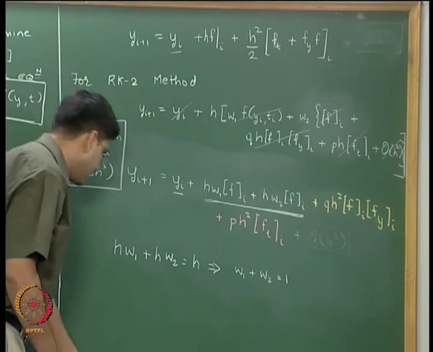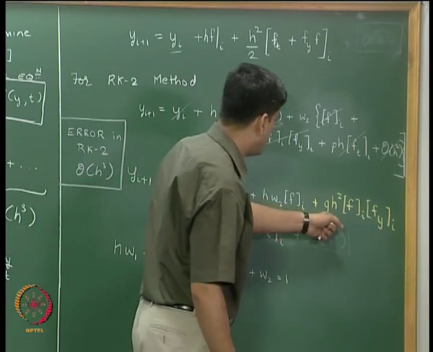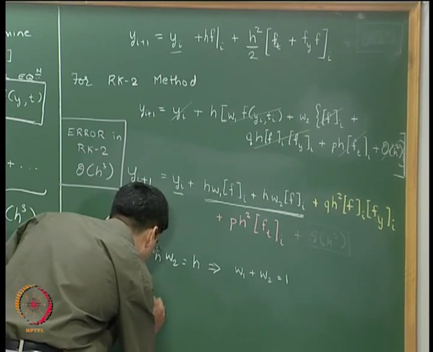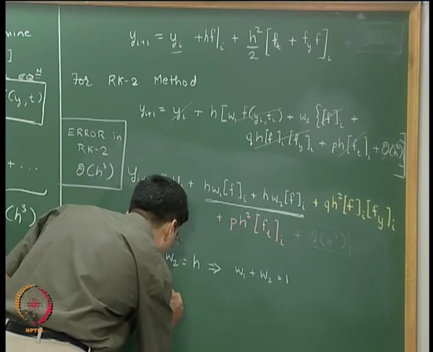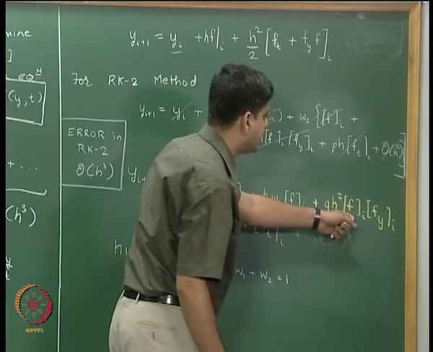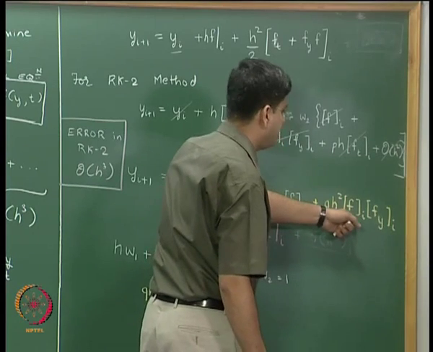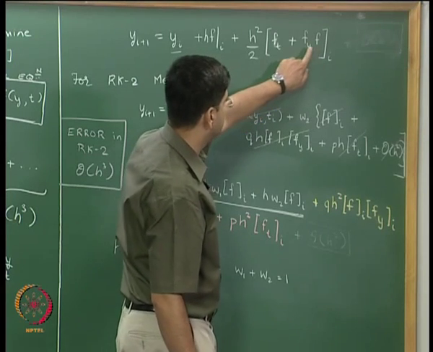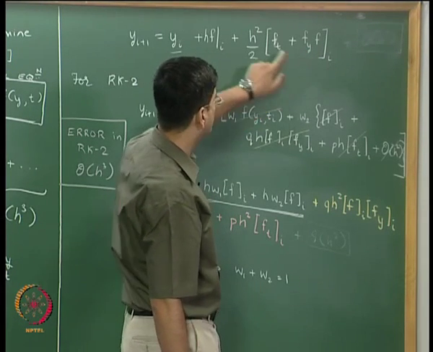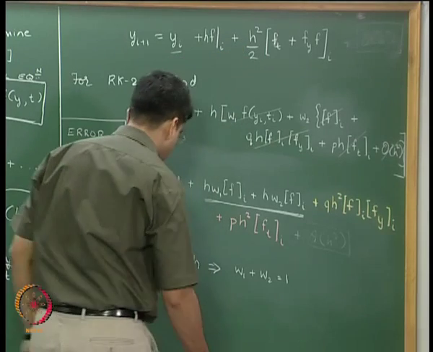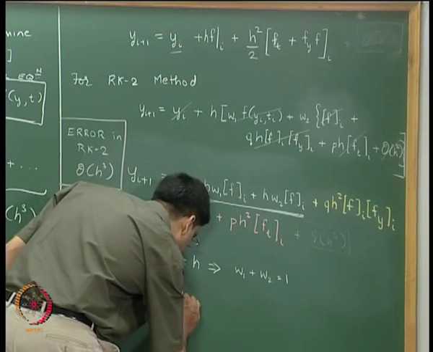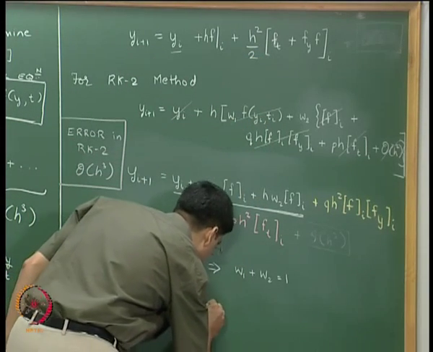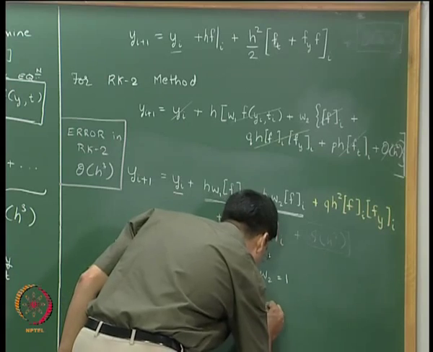Now let us look at the yellow colored term. The yellow term over here is q multiplied by h squared. The corresponding term in the Taylor series expansion should have f multiplied by f_y, both computed at i. So we have f multiplied by f_y computed at i. The coefficient for that term is h squared. So we will write q h squared equal to h squared divided by 2 factorial, and that would give us,